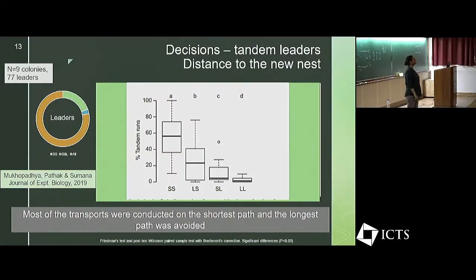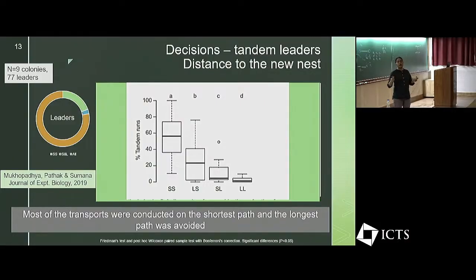So how do they keep track that this is the short path? Even if there was a pheromone, one can ask, how is it that they figure out that this is the short path? But in this particular case, there is no pheromone. So the leaders have to themselves in some way compute that this is the shorter path, and this will take lesser time in order to reach.